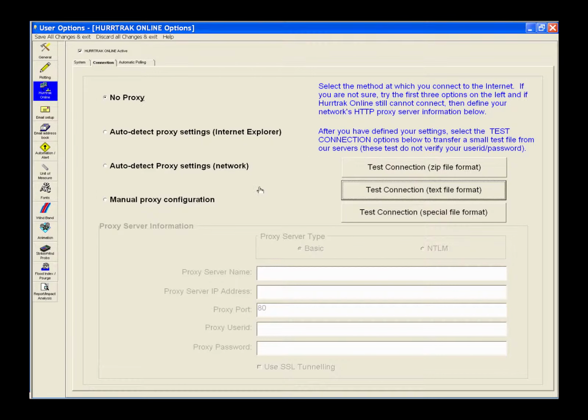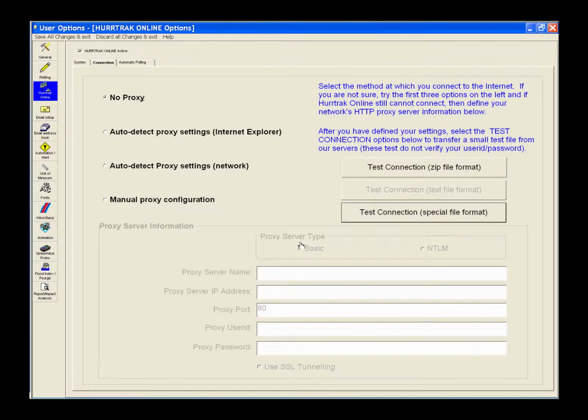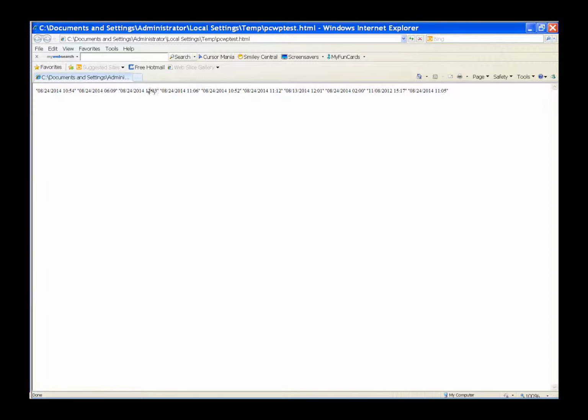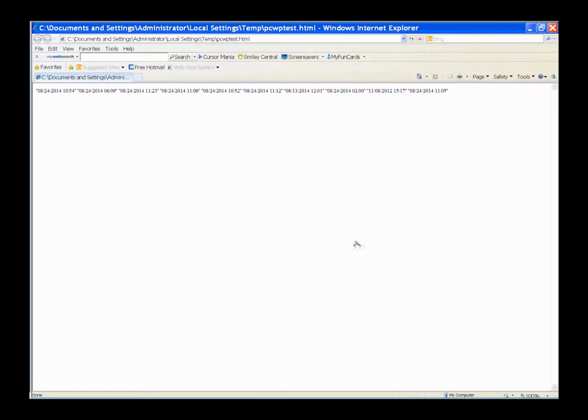Then, if anything else comes up, some sort of error, that's where your problems could be. Text file format will also say test is successful, but it'll bring up an Internet Explorer box with some data in it, and it should look something like that with dates and times in it. The reason we do that is,